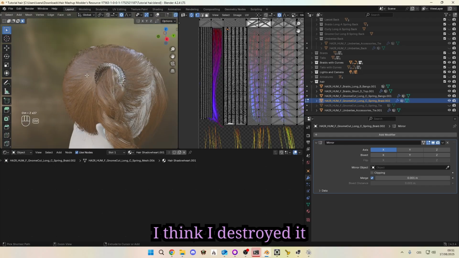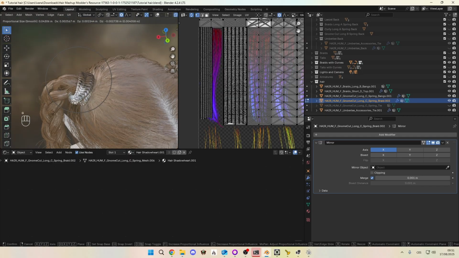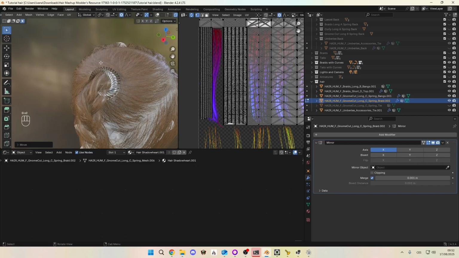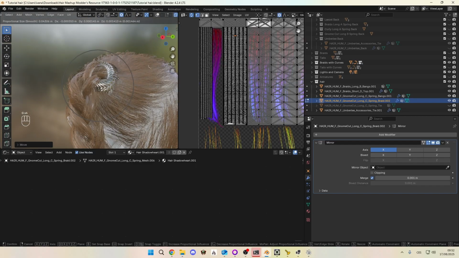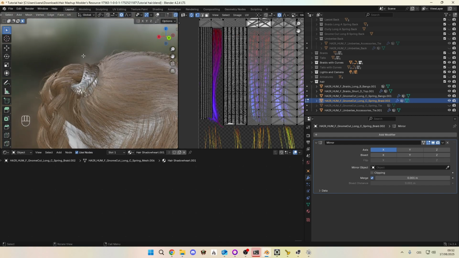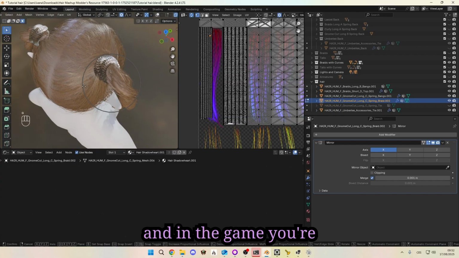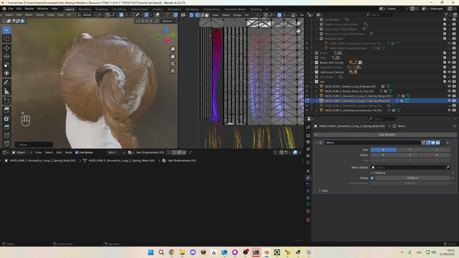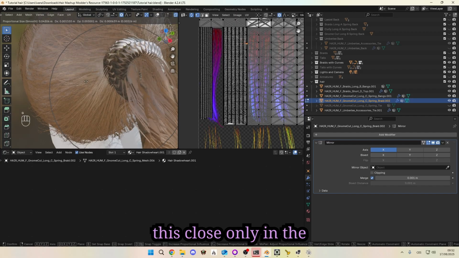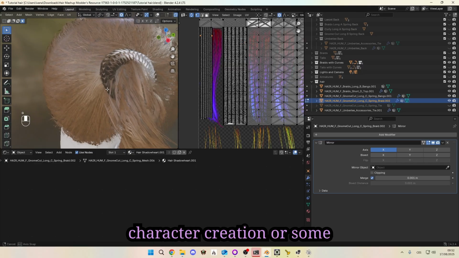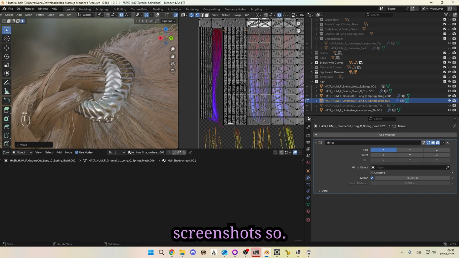I think I destroyed it quite a bit, so I'll just reload it, okay? It's also that we are really zoomed in, and in the game you're probably gonna be this close only in the character creation or some really zoomed in screenshots, so